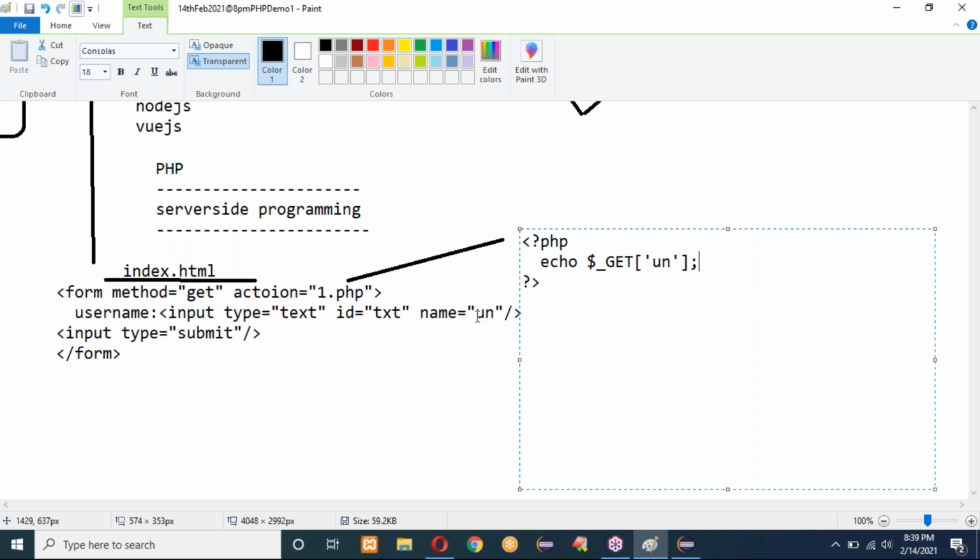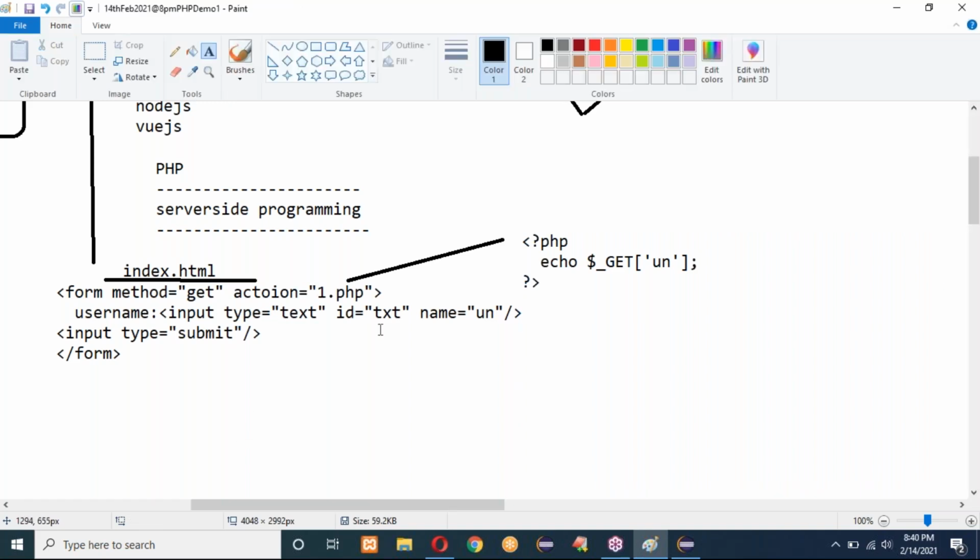But every time we have to use the name attribute of that input tag to read that particular submitted value from the server page. We can read this input because of either the get method or the post method. This way we can create the application, and this way generally we use PHP for interaction.